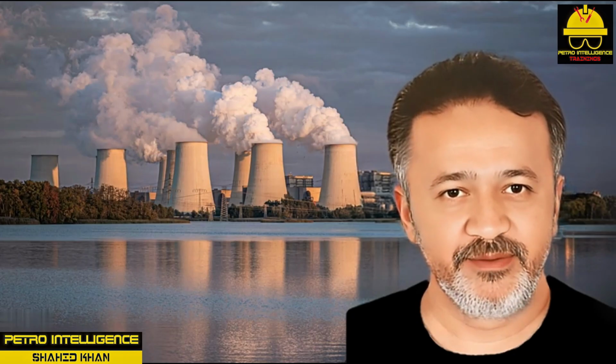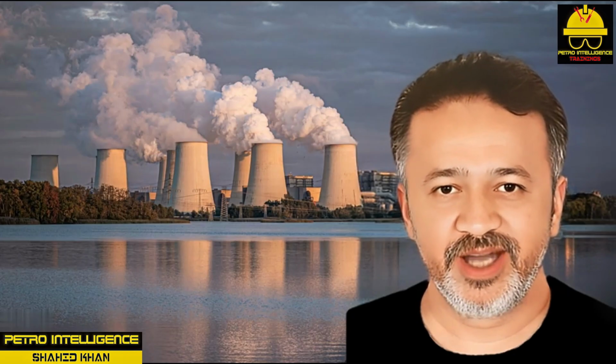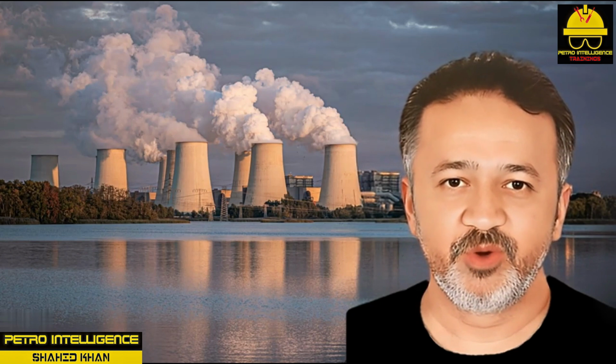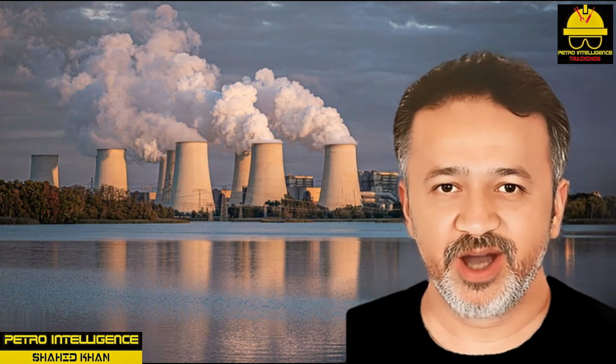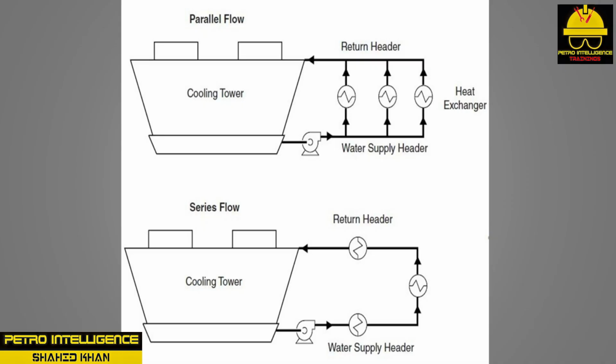Water cooling system. In the manufacturing environment, heat exchangers and cooling towers work hand in hand to create a water cooling system. As cool water is pumped from the tower to a heat exchanger, the hotter process fluid transfers heat to the cooling water. The water, in turn, removes heat from the process fluid. The process flow continues on to the next step, whereas the hot water is returned to the tower to be